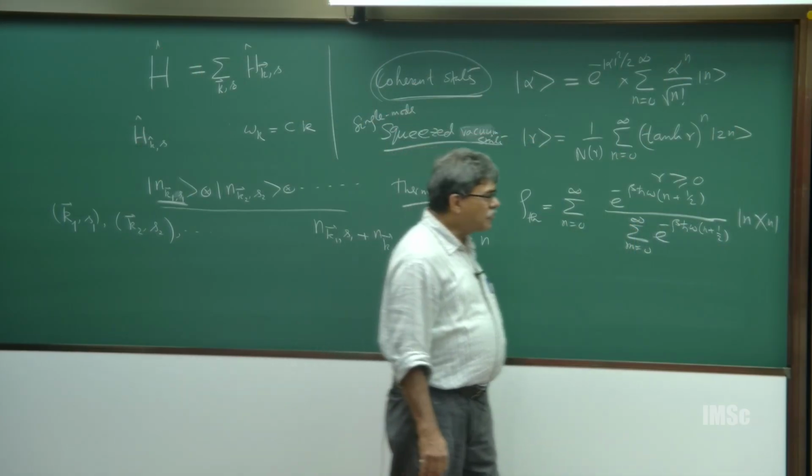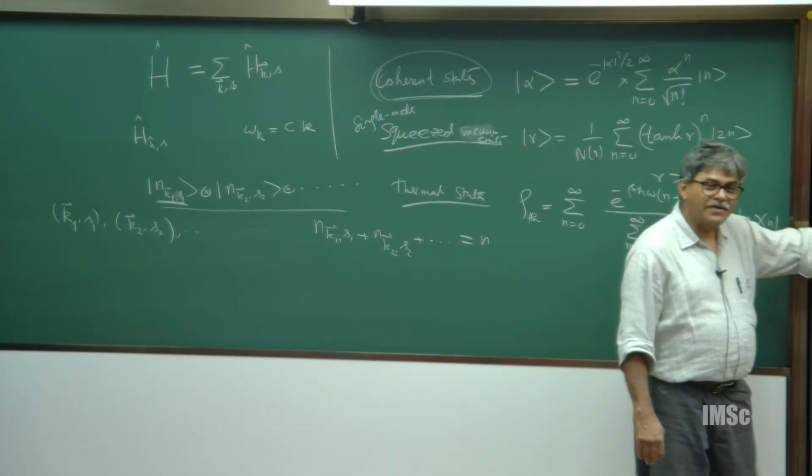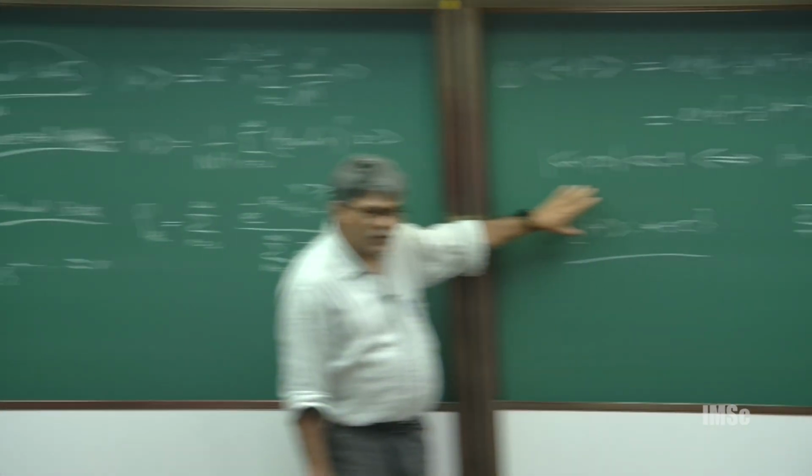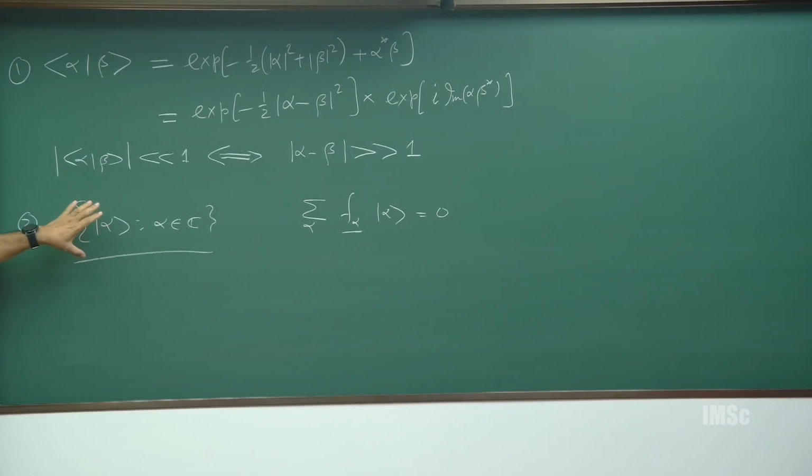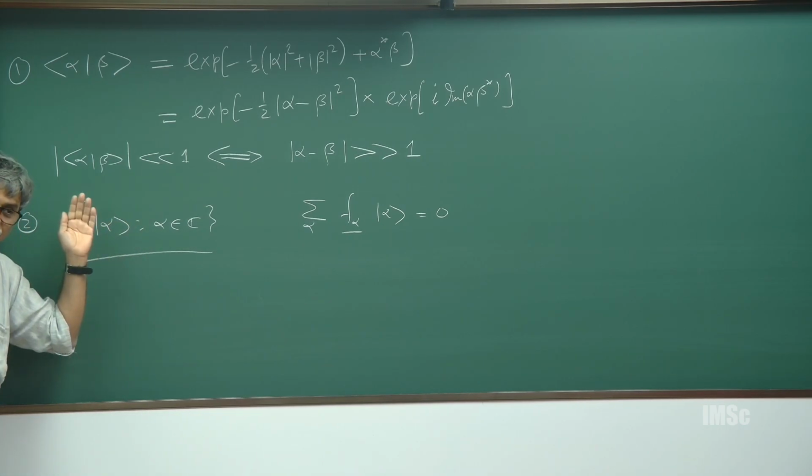So therefore, for an infinite set, how will I characterize its linear independence? Basically, I choose an arbitrary finite collection and show its linear independence. Otherwise, how will you do it practically? It is impossible. This of course holds good for a finite collection of vectors also. So how will I check linear independence of such an infinite set? I choose an arbitrary finite collection of states from here and show its linear independence. If I can manage to show that, then of course this set itself is linearly independent.